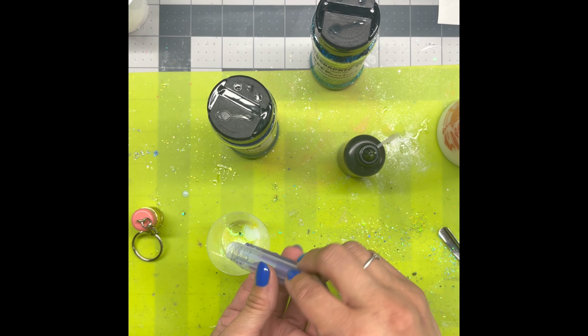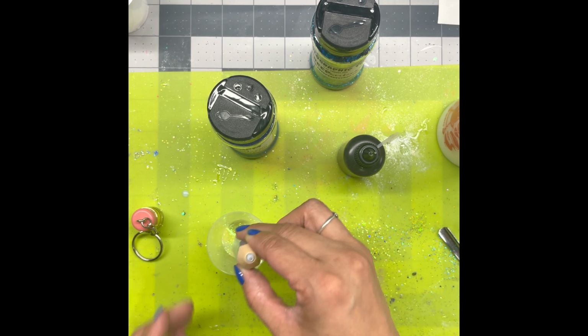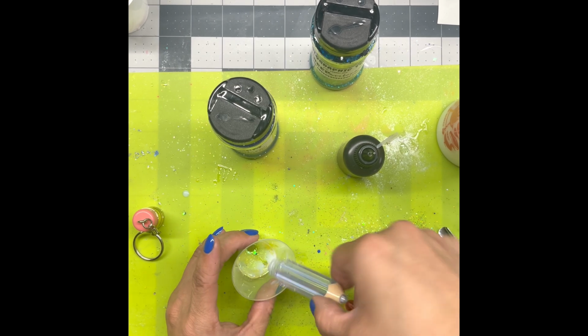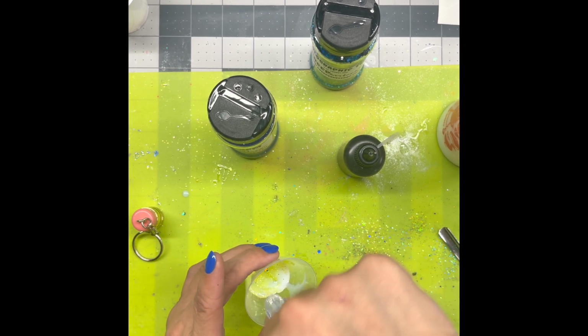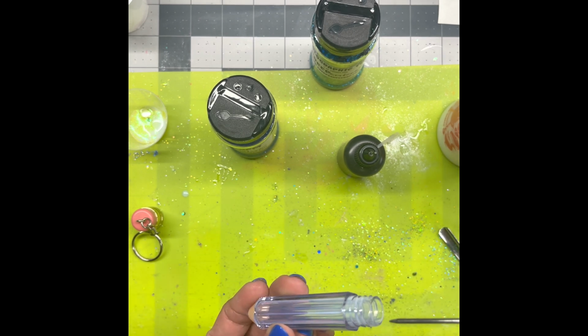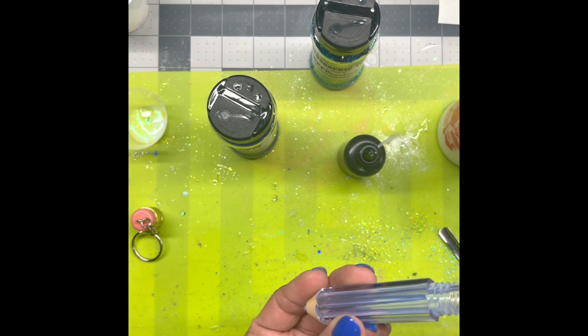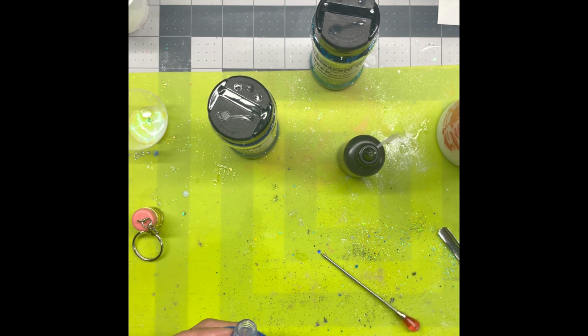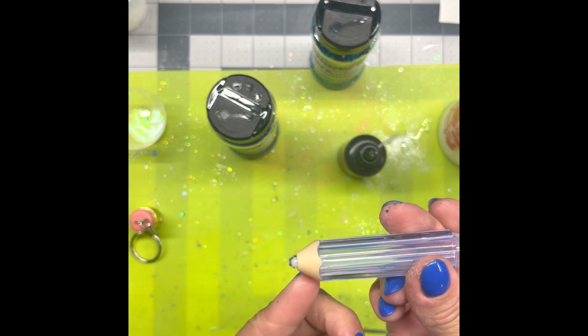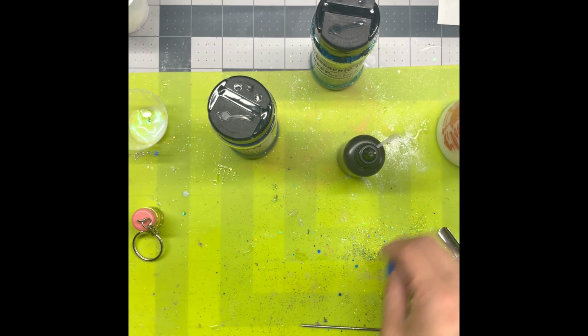You really, really want to make sure that you don't have excess polyacrylic in there. You just want to get a nice good coat. You're going to take that poker, resin poker, go straight down and just make sure that the polyacrylic is in the tip of the pencil here. Okay. Then you're going to take